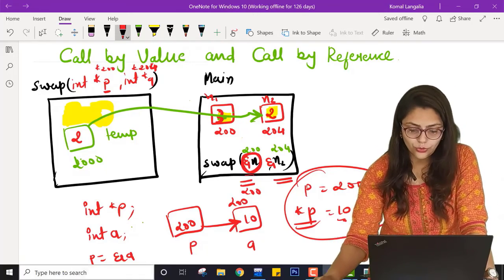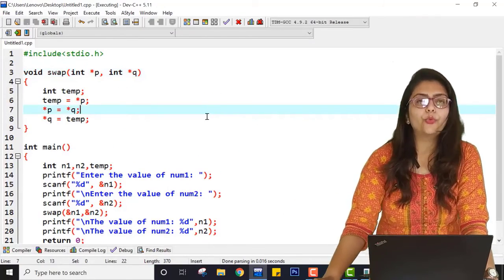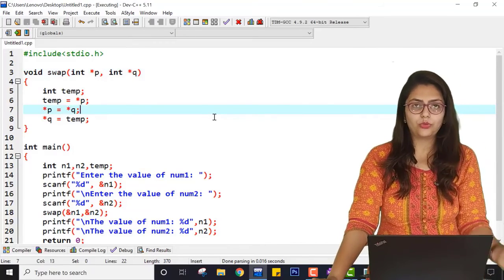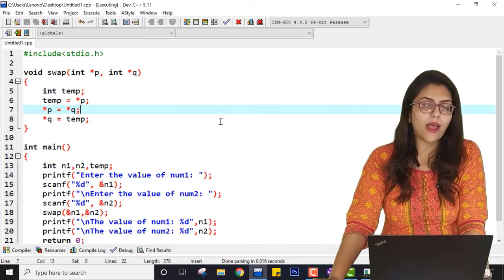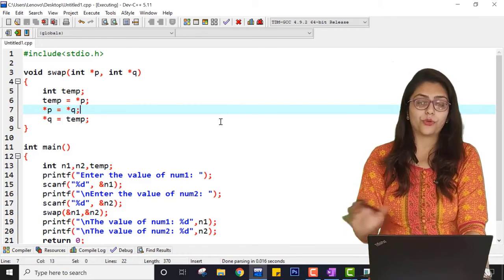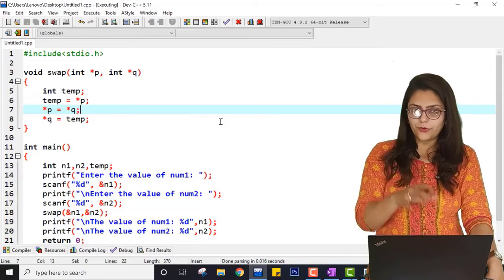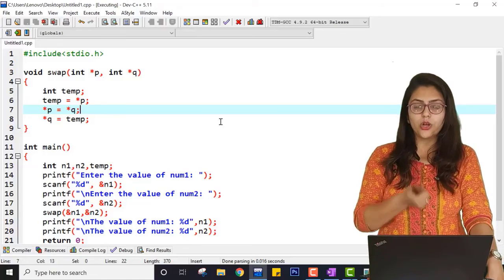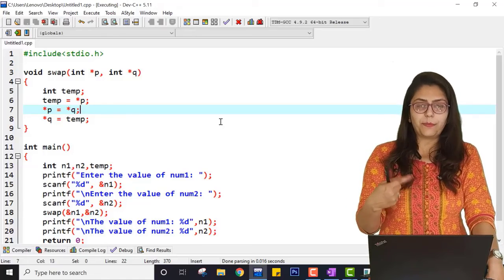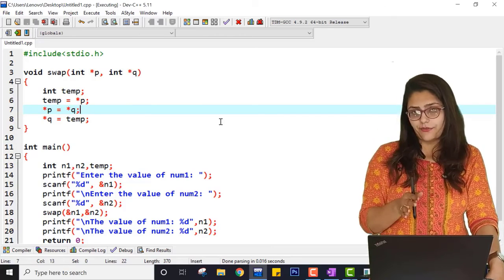So now you know that this is the code for swapping two variables, or swapping two numbers, using functions and pointers. You cannot swap the numbers using a function without using pointers. So this is the program. This program is also part of our practical list. Whenever I perform those practicals, I am not going to repeat this topic. So this is all about call by value and call by reference.